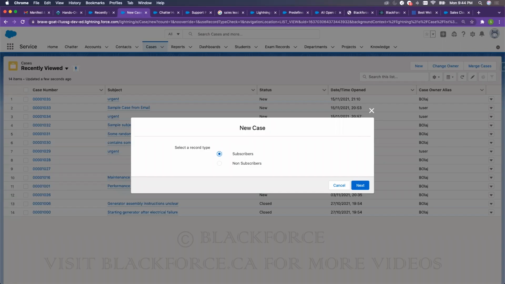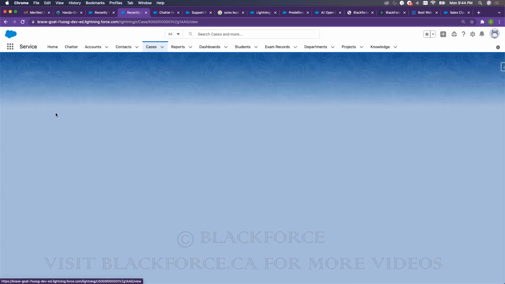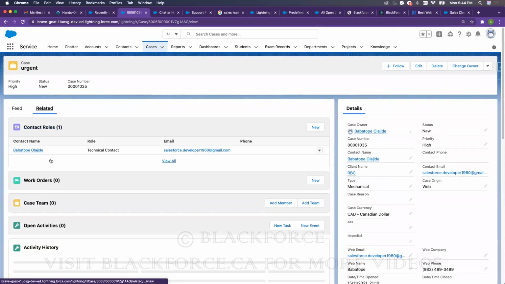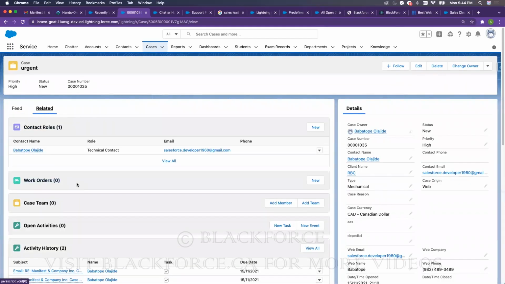Thank you, Mr. Babatope. You did mention work order as a process the business has put in place to resolve a case. So I was just wondering, just like the path under the lead object, is there also a visual representation for work order? For cases, yes, but for work orders,